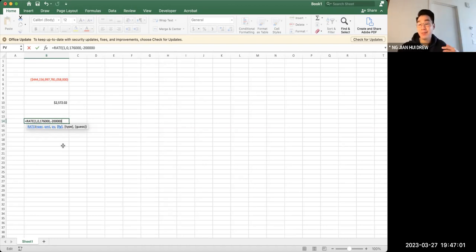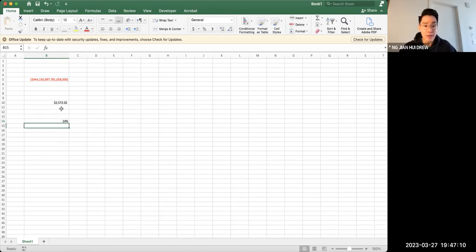bank, right? And why is it negative? Because the money is going out of your pocket now. We're going to pay back, right? So very good. Type, let's just put at 0 again. And we should get 14% here, or